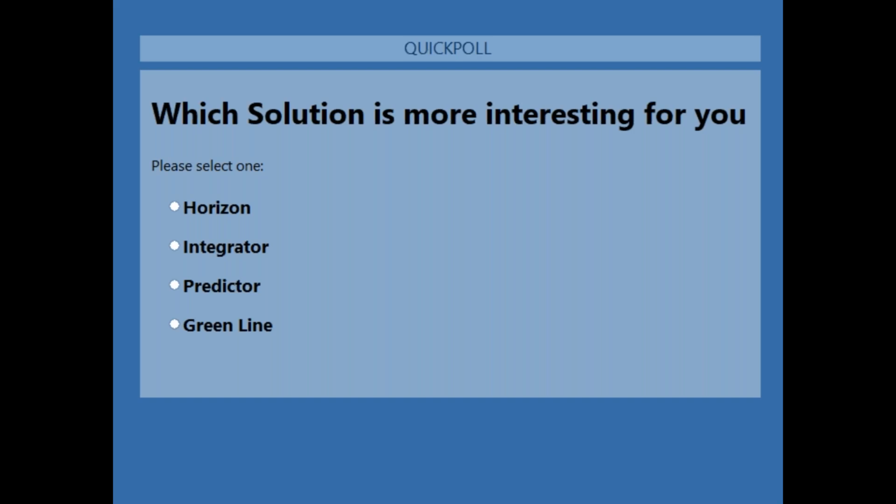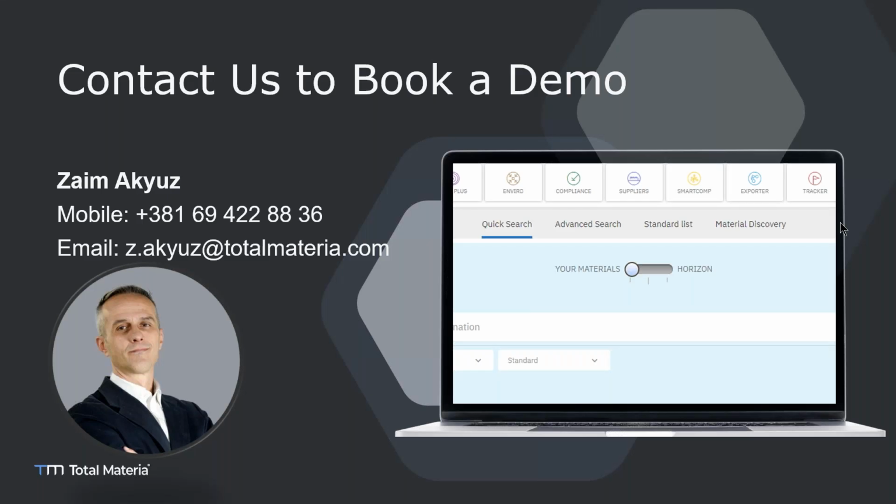And of course, we would like to introduce you to the other solutions which may not be included in your license. Still, you can test for free and examine real-life scenarios to see if Total Materia is helping you, as we are helping all these industry leaders in the world.